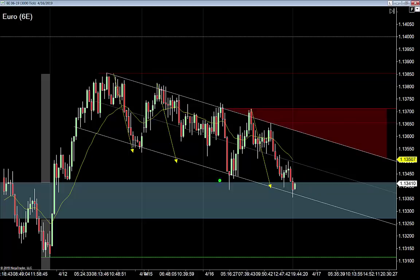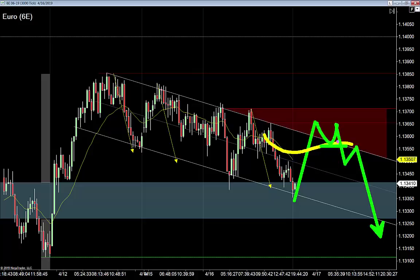We go up, the buyers try to buy it, they fail. Notice that they don't get a good jump away from the moving average. Okay, that's the trick. Go up. We don't get a very big distance away from the moving average. The buyers try to buy it. They fail. And we're looking for that failure into that pullback pattern combination that I've talked about so many times